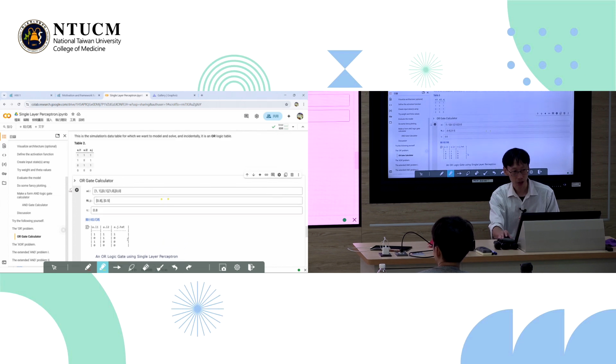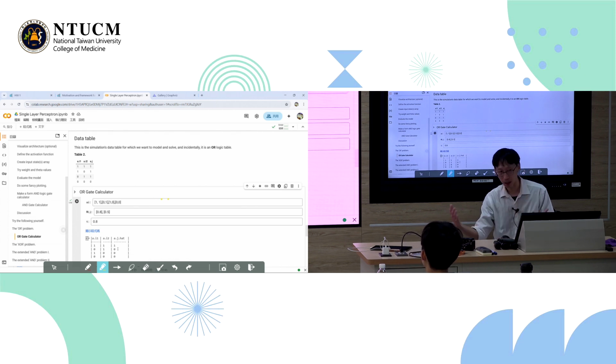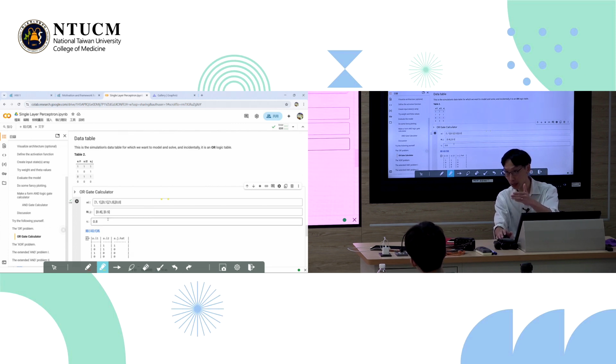And the answer is, you can see, no. If I use these settings, it gives me an AND logic gate output, as expected, of course. And it's not going to be able to give me the OR output. This is not really anything surprising at all. We kind of expect that. But what can we change in the network model so that, from an AND gate, we can make it into an OR gate?